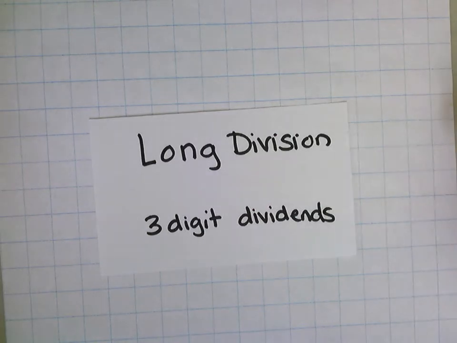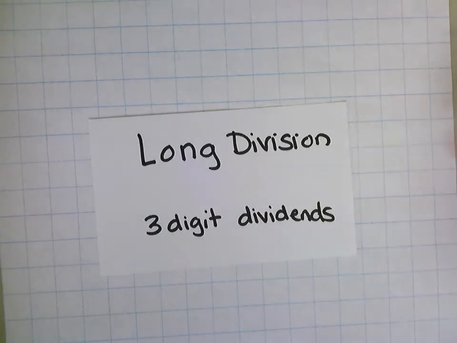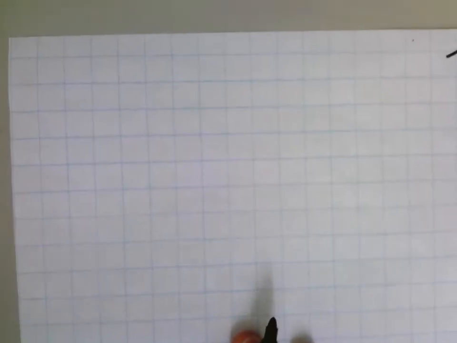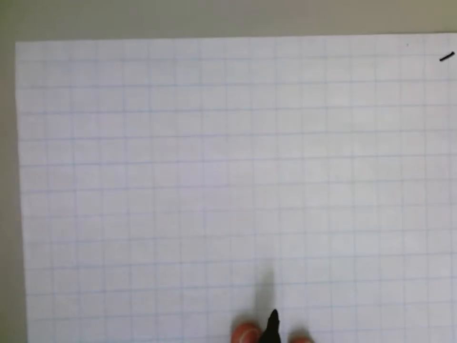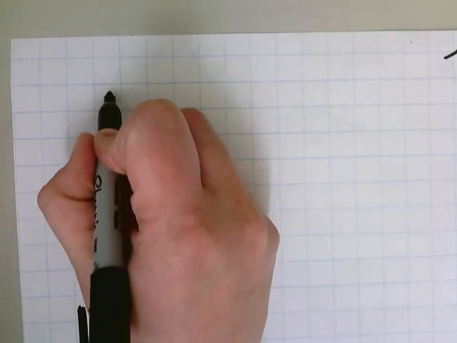Let's do some more examples of some long division problems with 3-digit dividends. Again, get out your paper and pencil to work along with me as we do some of these examples. Today I'm using our graph paper to help us line up our place values as we go. The first problem we're going to do today is going to be